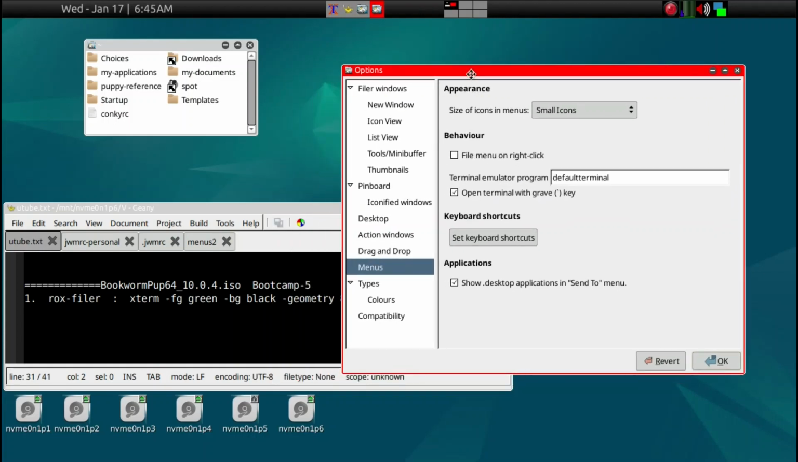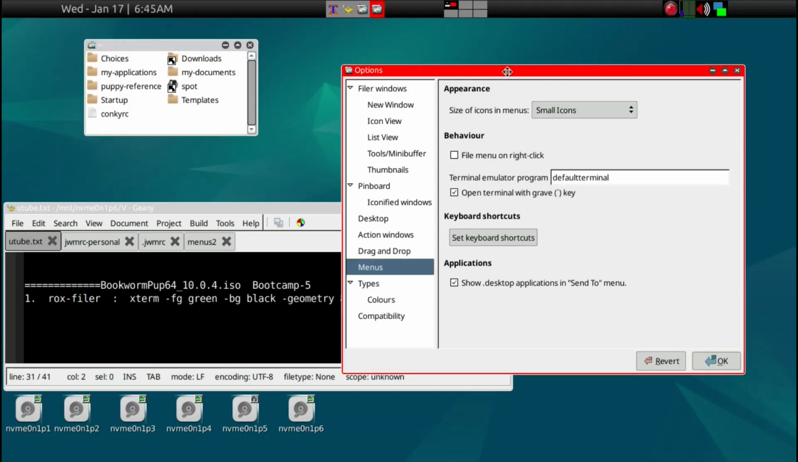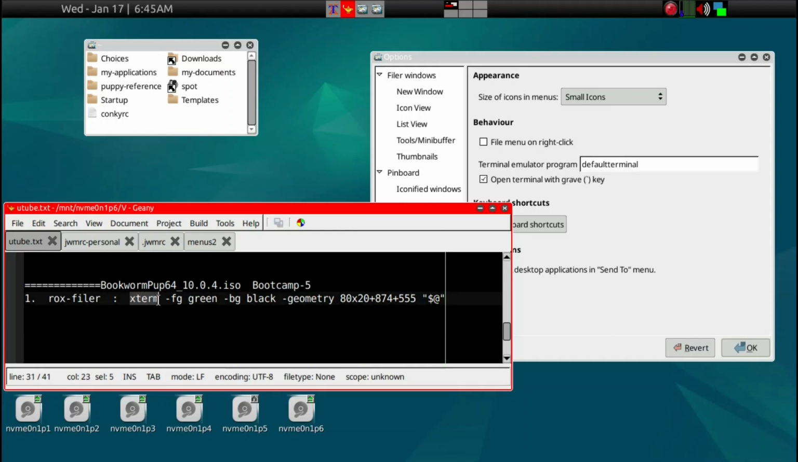here refers to file menu, so size of icon, so everything is fine. We want the terminal to open with a grave key. So grave key is a key right below the escape key. It's like a single quote, so that's fine. What I do prefer here is, rather than the default terminal, which will be LXTerminal, I prefer to have what I copied from my FossaPup, so we'll just copy this